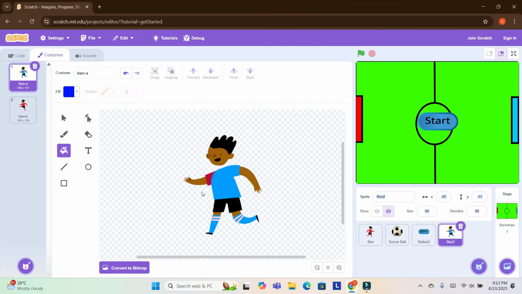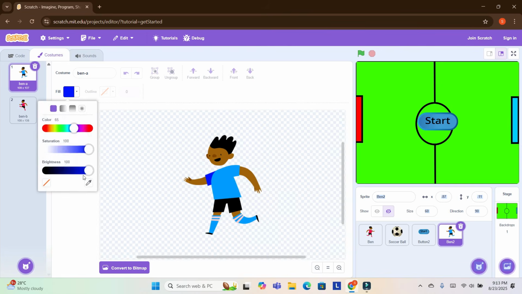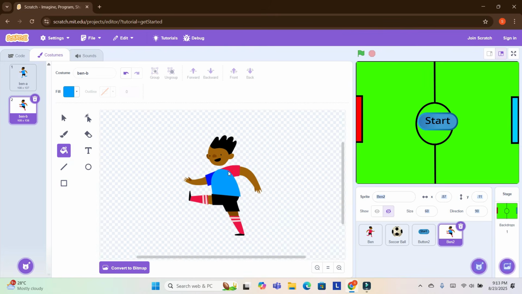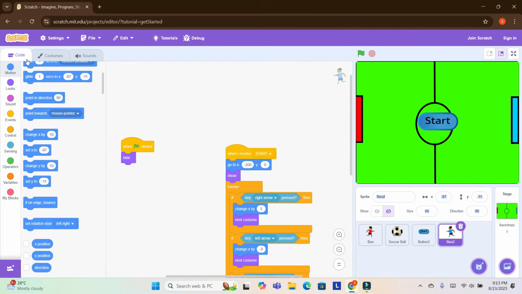Now some dark. Now next costume. Now I will take the same one and go to here. So you can see our character has been done.